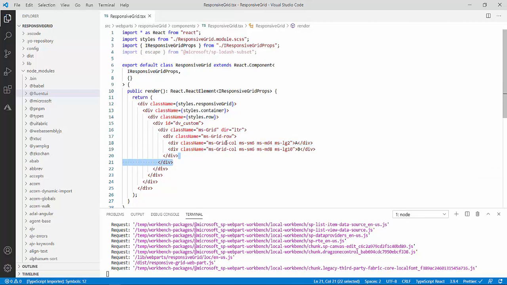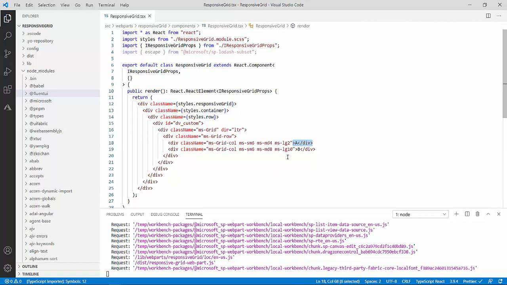So over here what I am doing, inside this row I am creating these two columns, that is column A and column B. Now calculation wise what I have to take care is that the sum total should be 12. Now if I consider my mobile display, I am giving 50% of the space to column A and 50% of the space to column B, that is 6 plus 6, 12. For the medium desktop, how I am dividing it, 1/4 part I am giving to column A, 1/8 part I am giving to column B. And for the large desktop, 16% of the space will be taken by column A and the rest of the space will be taken care of by column B.